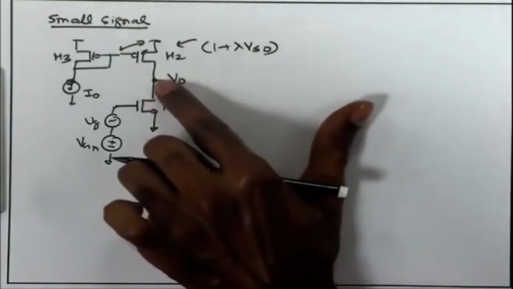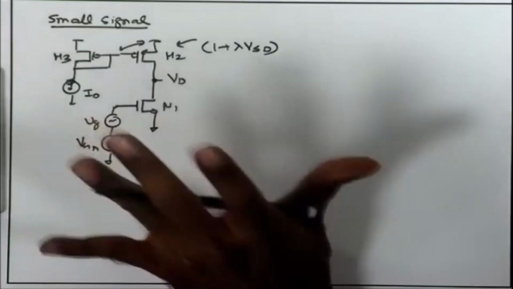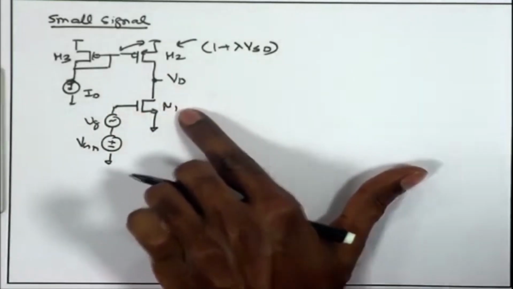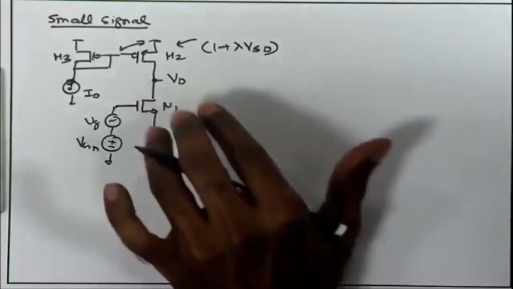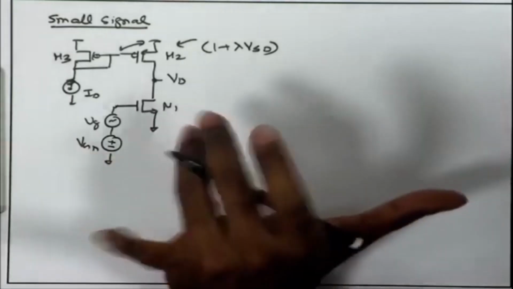So, that will enforce VD going down whenever you are increasing the VG. So, that is a basic mechanism how we get gain in this circuit with active load. Before we do any small signal analysis, we draw that AC model. It is important that we visualize what is happening in the circuit, physically what is happening in the circuit, because